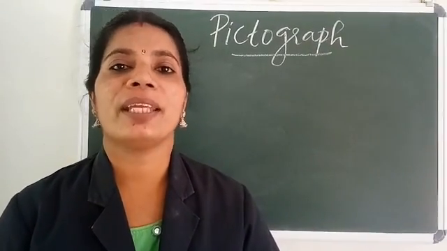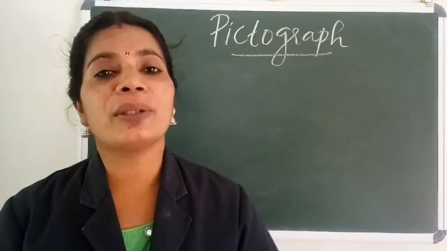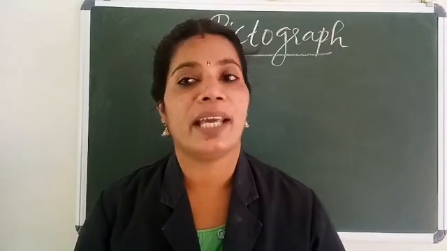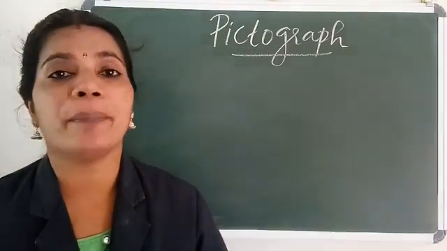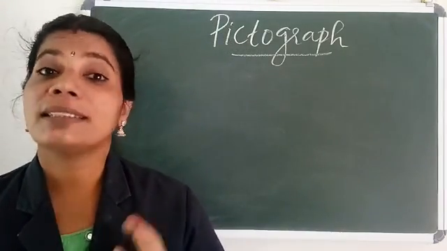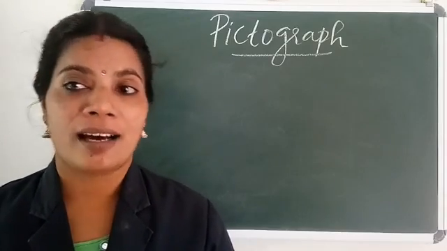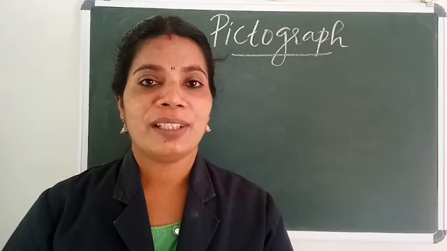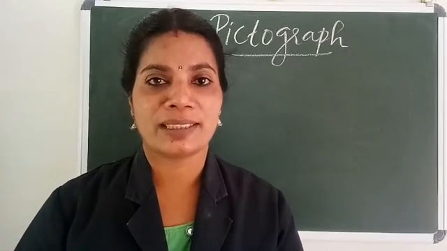Next, drawing a pictogram. How to draw a pictogram? In a pictogram, the numbers, that is information or data, are represented by pictures or symbols. Sometimes the pictures represent more than 1 unit. In that case, what do we do? Let's check the following example.